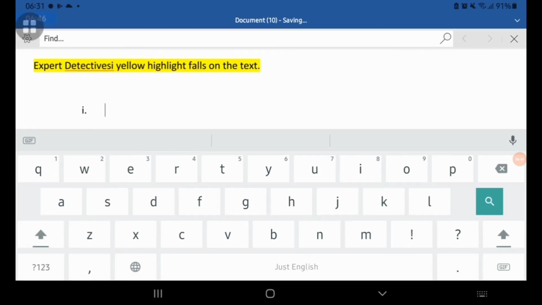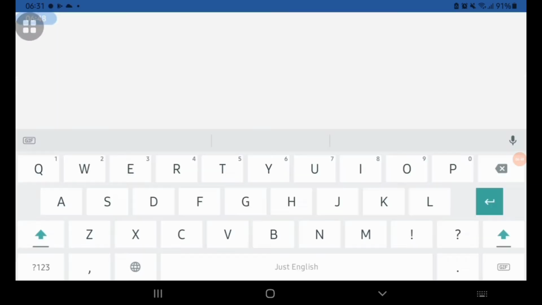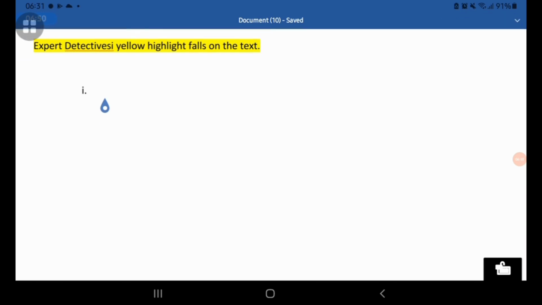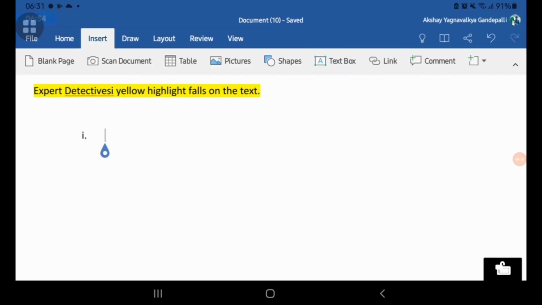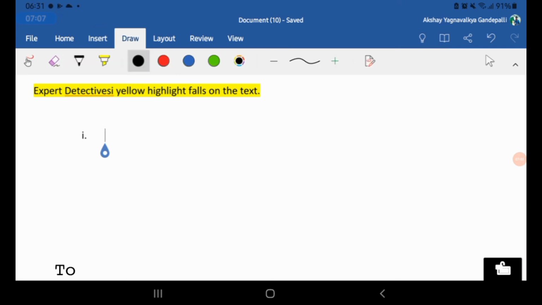The next one is search, so you can find any word in the document by clicking on the search option. After that I will show you the insert option. Here you can insert a blank page, and you can also scan a document. A table is also available, and pictures, shapes, text box, link, comment, all you can add with this insert button.